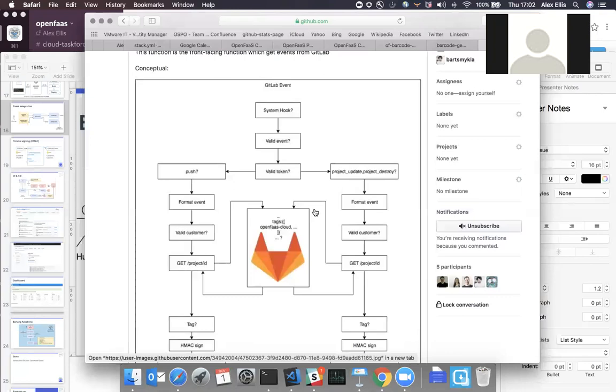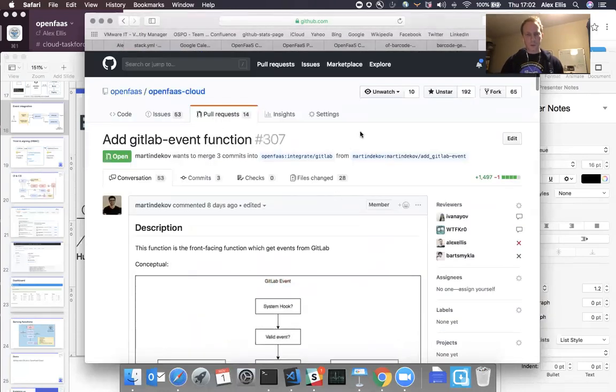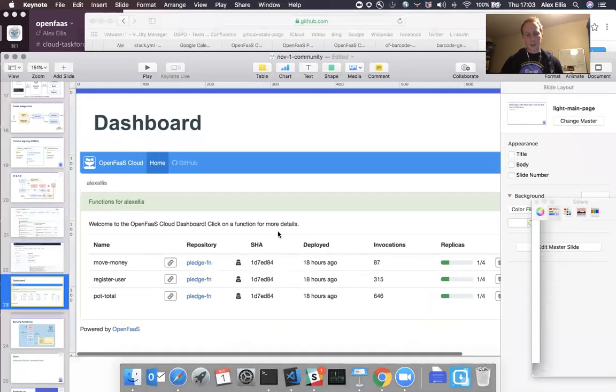I saw the pull request about a week ago, adding those GitLab hooks. Yeah, Martin has done a lot of the work on this. He's doing a great job as part of the full-time team in Sofia, working closely with the others on the call as well. So what we want to do now is get this into the hands of more people, especially GitLab users, because as you know, GitLab and GitHub work slightly differently. There's some different assumptions about various things.